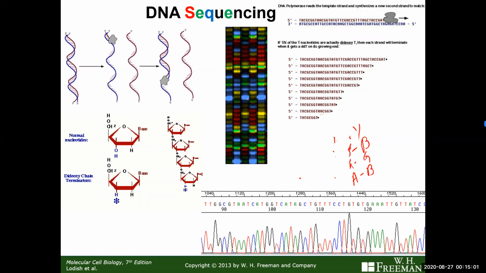Okay, so that's how it is. It is done. Even now it is done like that. Even now, Sanger sequencing is the mainstay for most molecular biology laboratories, including my laboratory. But